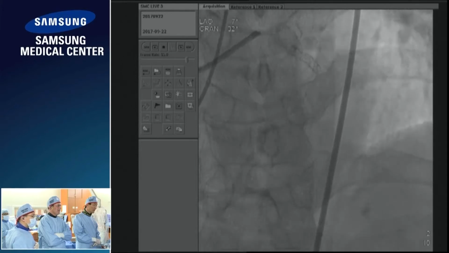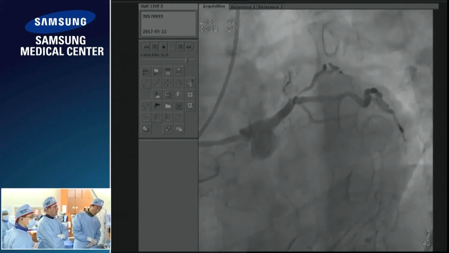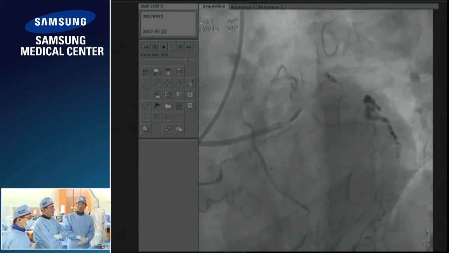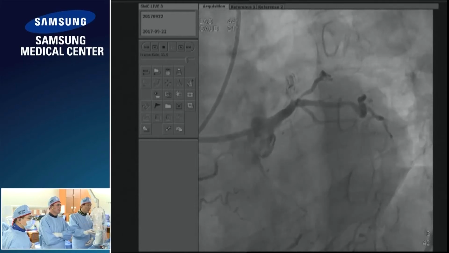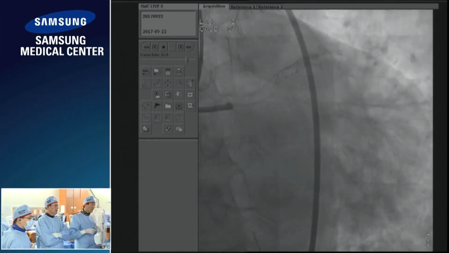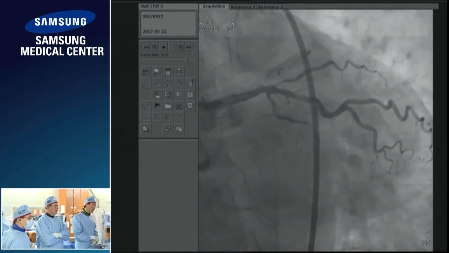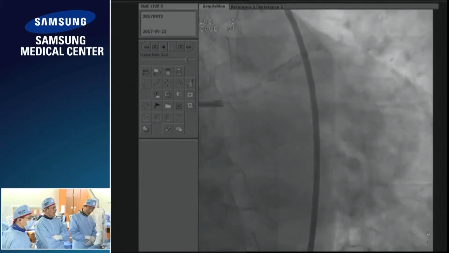Okay, you can see that. So at 3 months, the occlusion has some antegrade flow. This is the angiogram without the bilateral injection. So it got easier, and